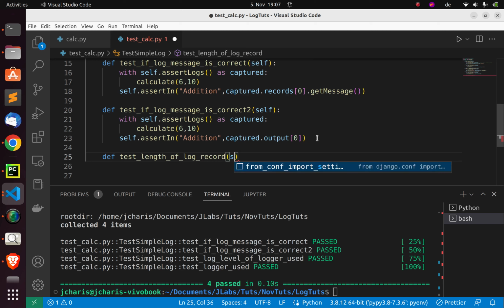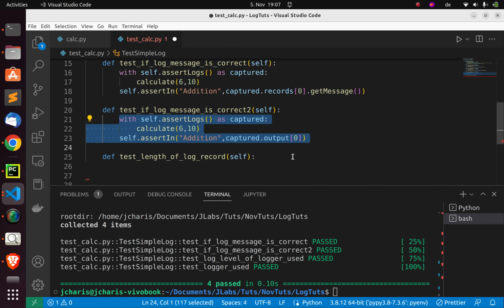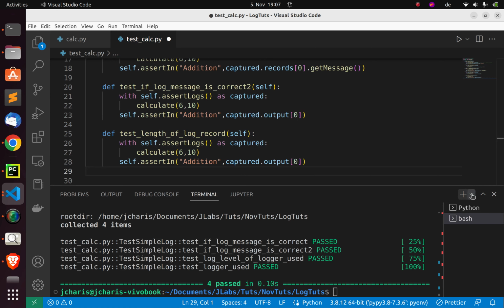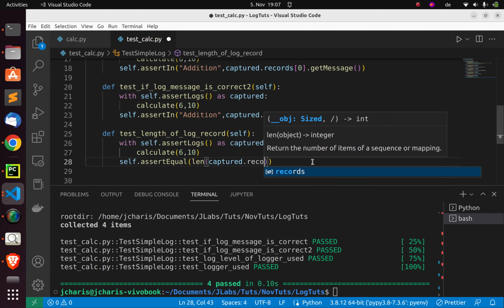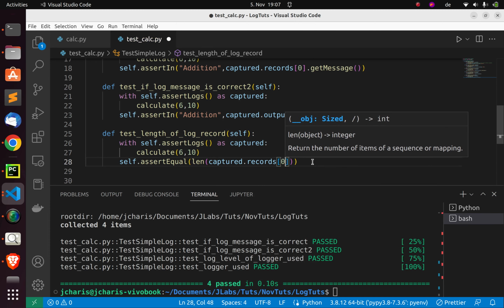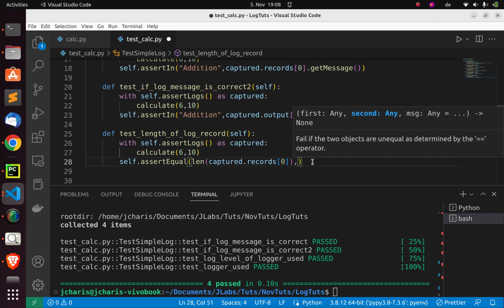How do you check this yourself? Then do the same thing. So let me copy this here. Let's bring this one down, right? And instead of this one, we can just go back with this. So we can just go assertEqual, then we can just get the length of the captured.records, which is going to be the first output. We want to get it, and then we can also equate it to, let's say, 1, right? Is it equal to 1? And now let's run it again,